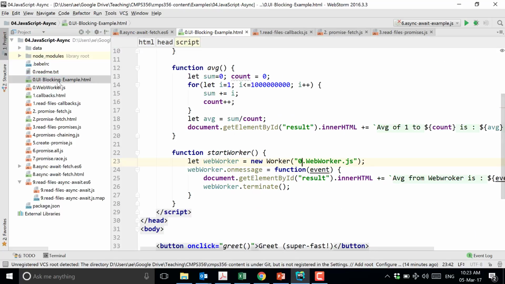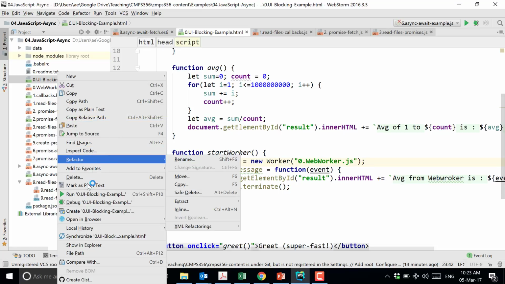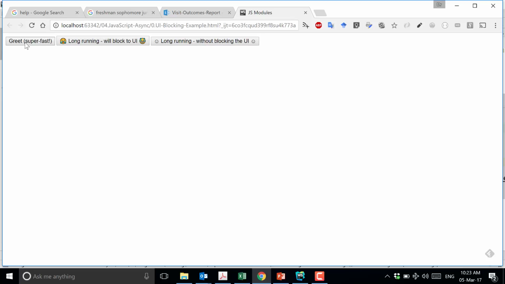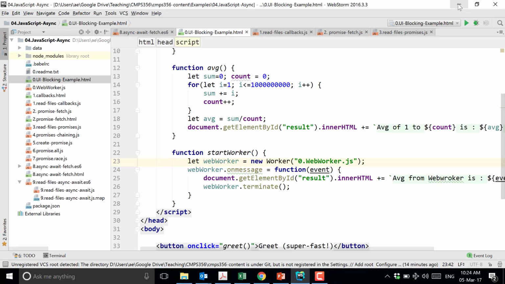Here is first an example. Let me just show you, and I will explain this further next time. This is, for example, super fast. No problem. I click it, I get the reply. But this one, I might be doing some long-running process. So let me just refresh this page, and let's say this is a long-running one. While this long-running process is happening, you see here, everything is blocked. You should never put your users in this scenario where things are blocked. So how to solve this? Use asynchronous programming. This is just an example of what I mean by blocking.